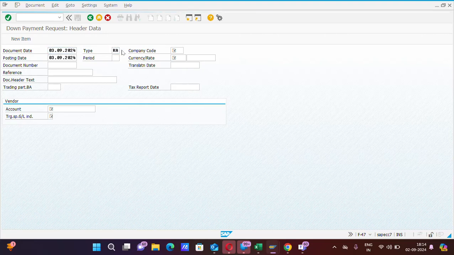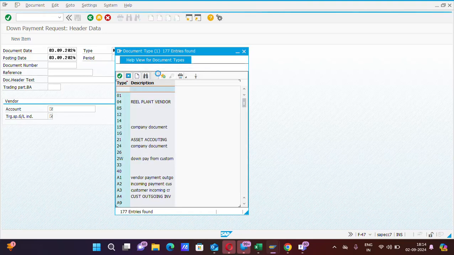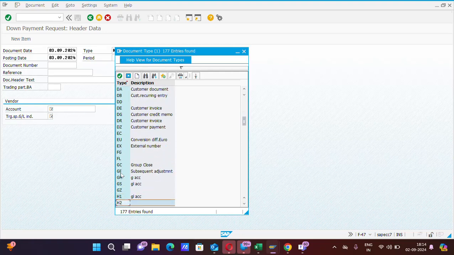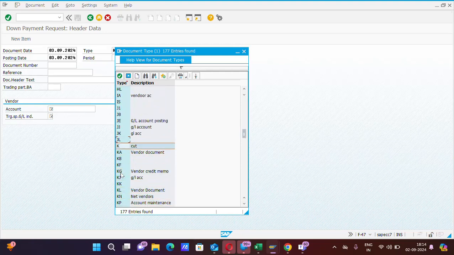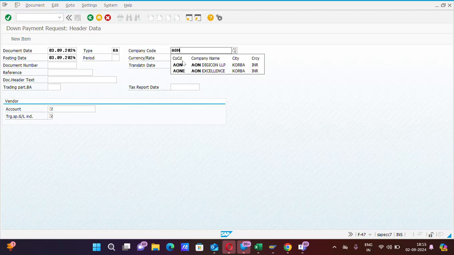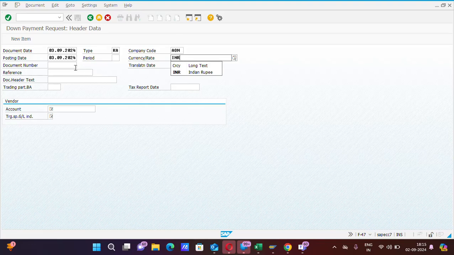KA. What does KA type represent? You can search this by clicking on search bar. KA vendor document. Okay, so double click on it. Vendor account, company code AON, currency rate INR. Okay, reference advance payment, document header is advance payment. Okay,